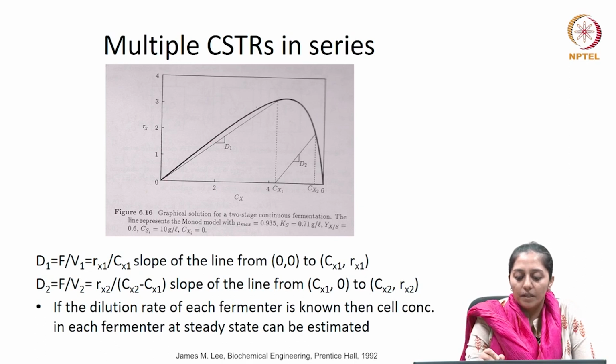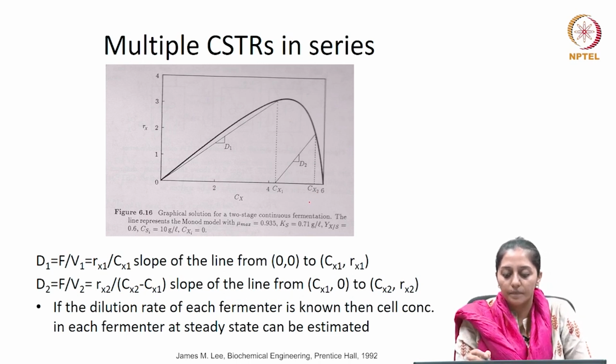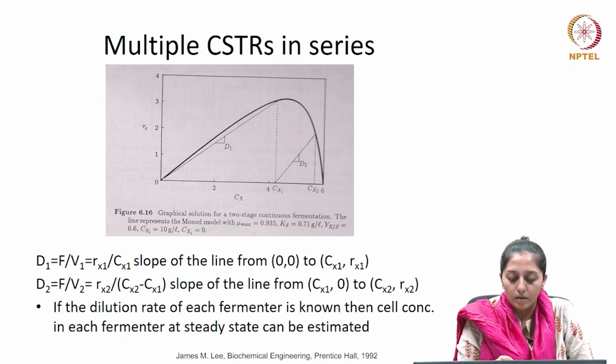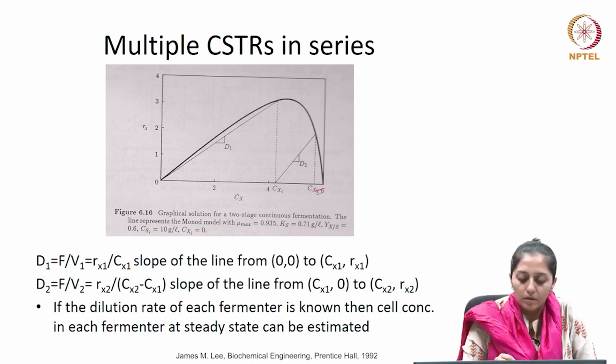It will keep on increasing, reach its maximum and then come down because of the substrate depletion. Because this is a single CSTR, as the dilution rate increases, the biomass formation rate also increases, and then it reaches its maximum and very sharply goes to 0 at washout,